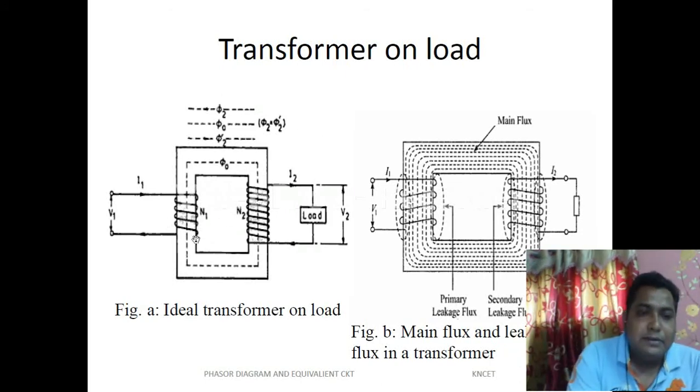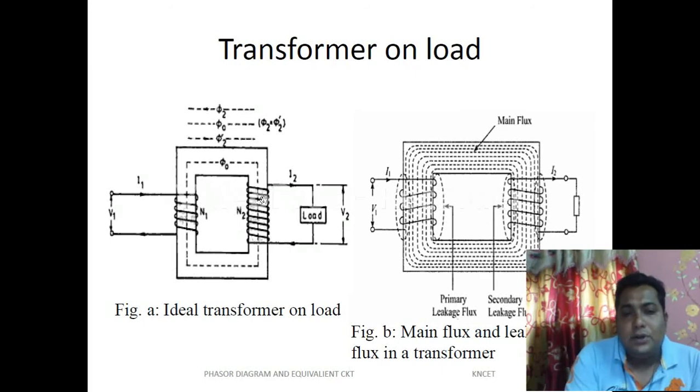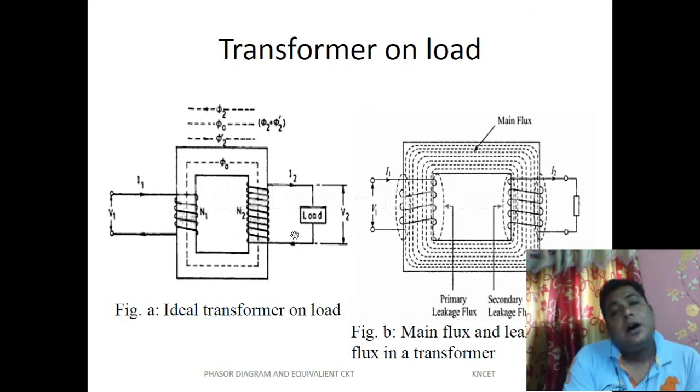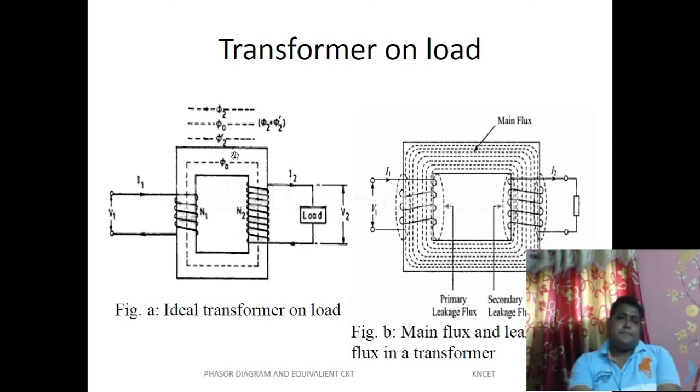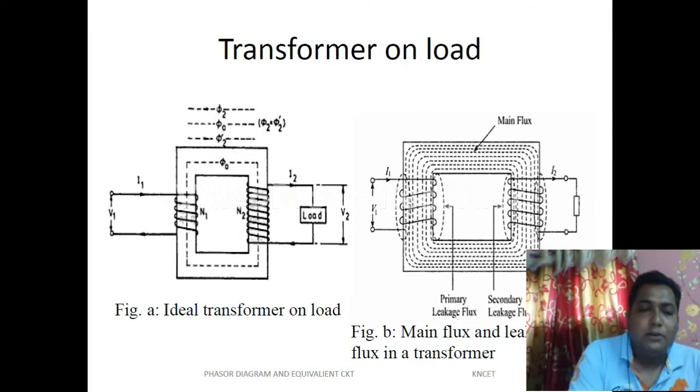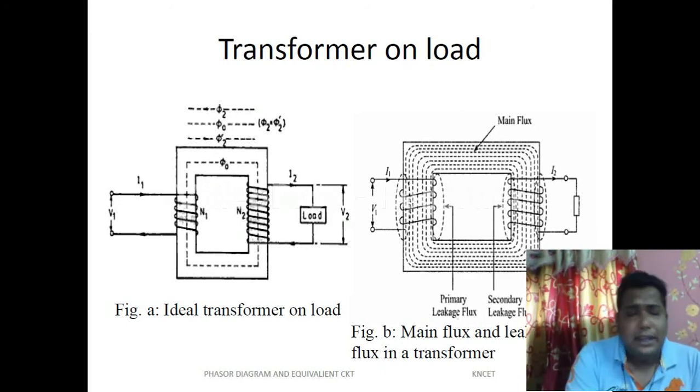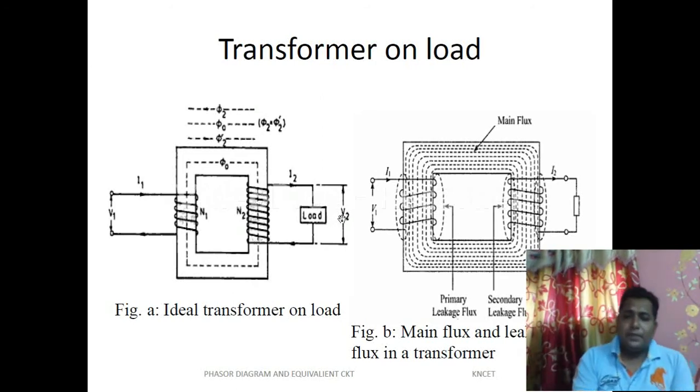In the primary the number of turns is less, in the secondary the number of turns is higher, and in the secondary side a load is connected. As the load is connected, the secondary side is a closed loop, and due to that a current I2 flows through the coil, and due to that there is flux generation phi 2. So a resultant flux will flow through the transformer, and we have to find out the value of that flux, current or voltage appearing across the terminals, and this is V2, the terminal voltage appearing in the transformer.